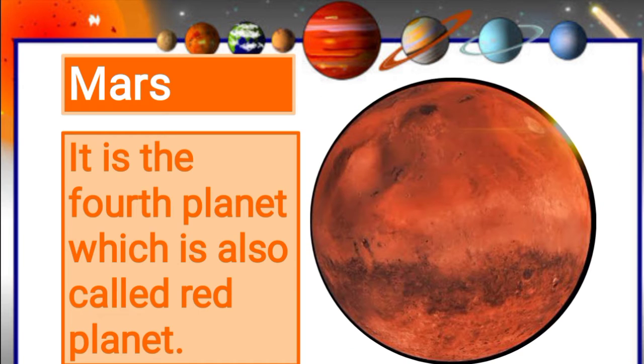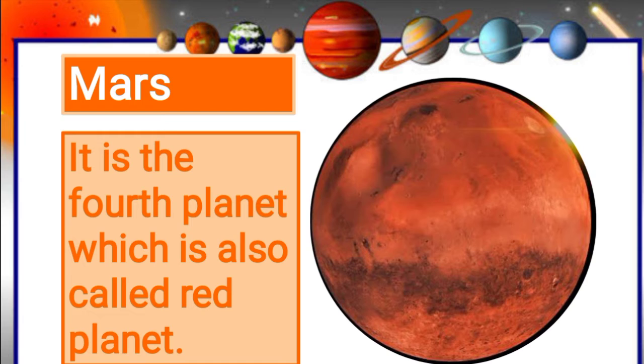Next planet is Mars, and it is one of the planets that orbit or travel around the sun in the solar system, and it is the fourth planet from the sun, and it is also Earth's outer neighbor. Mars travels around the sun at an average distance of about 142 million miles, and its diameter is approximately half the diameter of Earth, and it has 2 satellites, and it is called the red planet